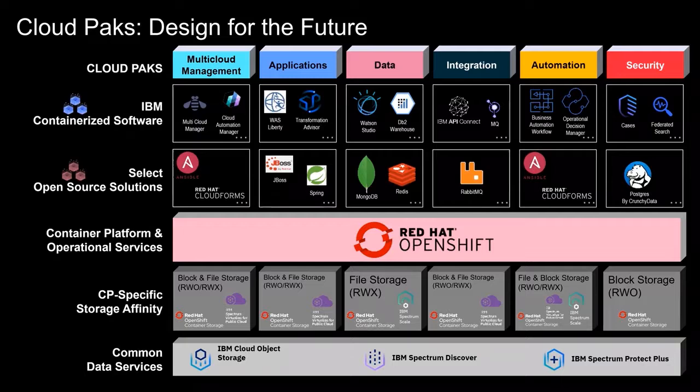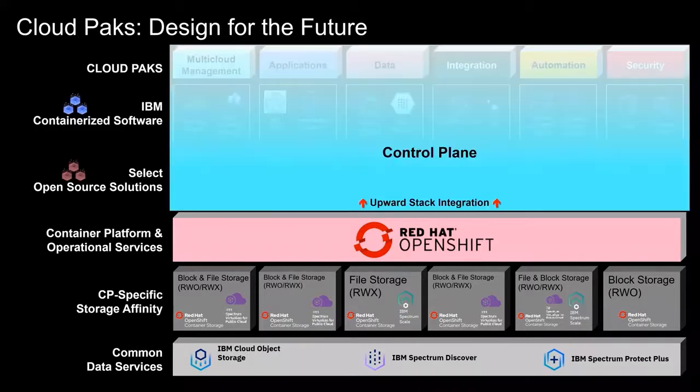They are pre-integrated bundles of software, all based on Red Hat OpenShift Container Platform as the orchestration layer. Now, I won't go into a lot of detail on these. We can certainly have a follow-up, but the Cloud Packs are targeted at different environments. There's a multi-cloud management one. There's one for application development. There's integration. Data is for big data analytics and AI workloads. And of course, there is a security-focused one as well, all based on OCP, all providing a common stack integration